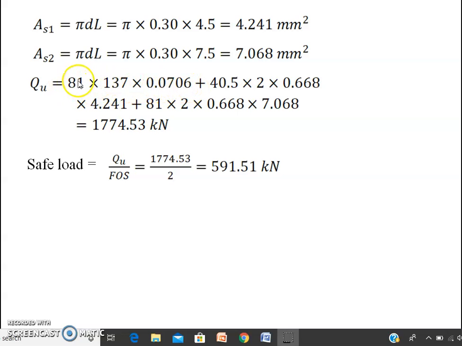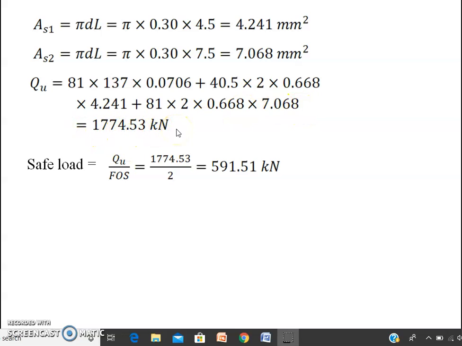This one is Q naught dash, this one is NQ, this one is the area under bearing, plus I have to take the summative effect here. That's why I will take the average value here. The average of this will be 0 plus 81 divided by 2. It works out to 40.5 into 2 into 0.668. This is the tan delta value. Multiply by 4.241, this is AS1, plus 81 into 2 plus 0.668 multiply by 7.068, it works out to